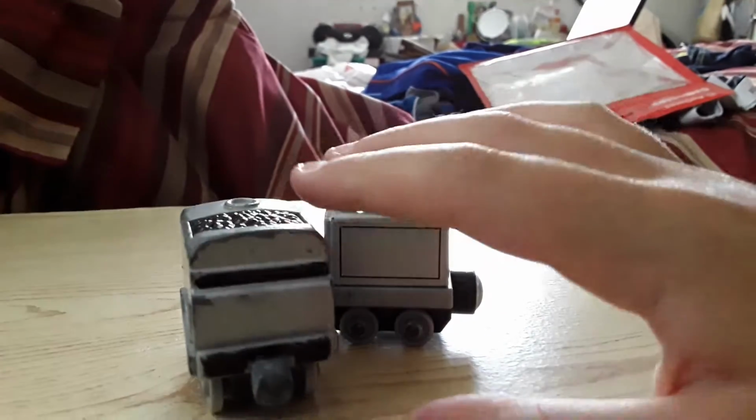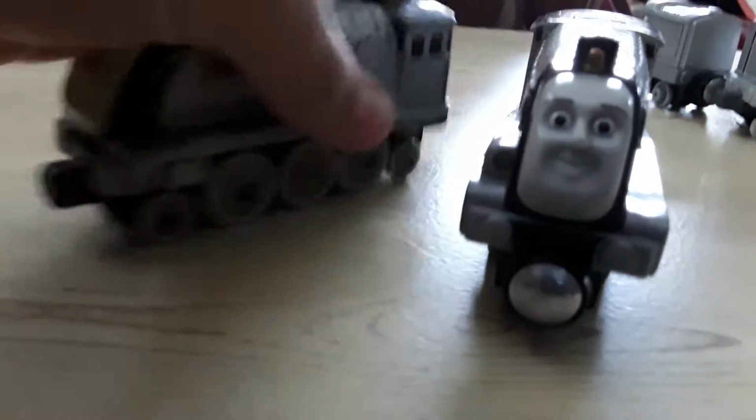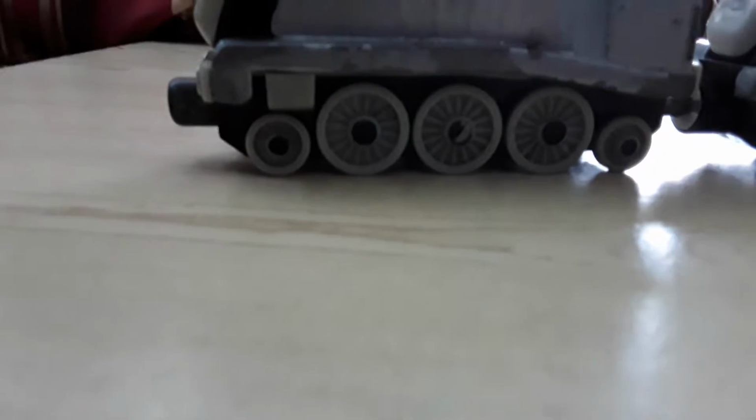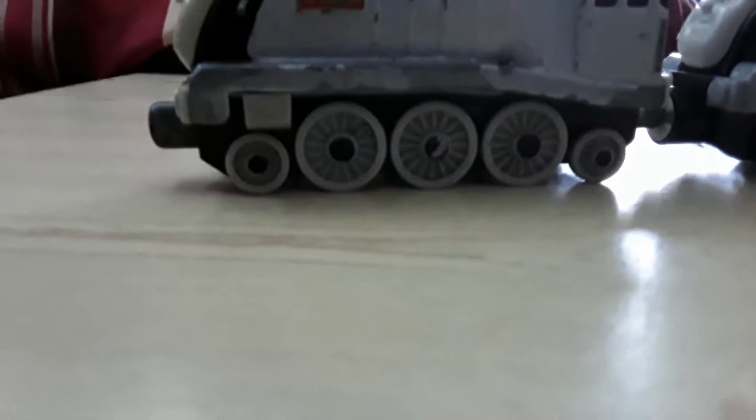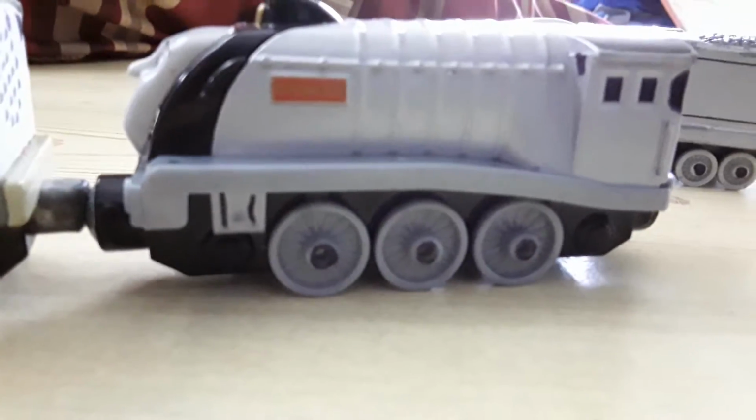Now for the tenders. So the old tender has this giant thing, so it looks like this. Also, it has 3 wheels. Yeah, I forgot to mention, on the old Spencer, he had 5 wheels. He had 10 wheels. Of course, in real life, he had 20 wheels because there were 2 extra wheels. I mean 14 wheels. But on the other model, it's